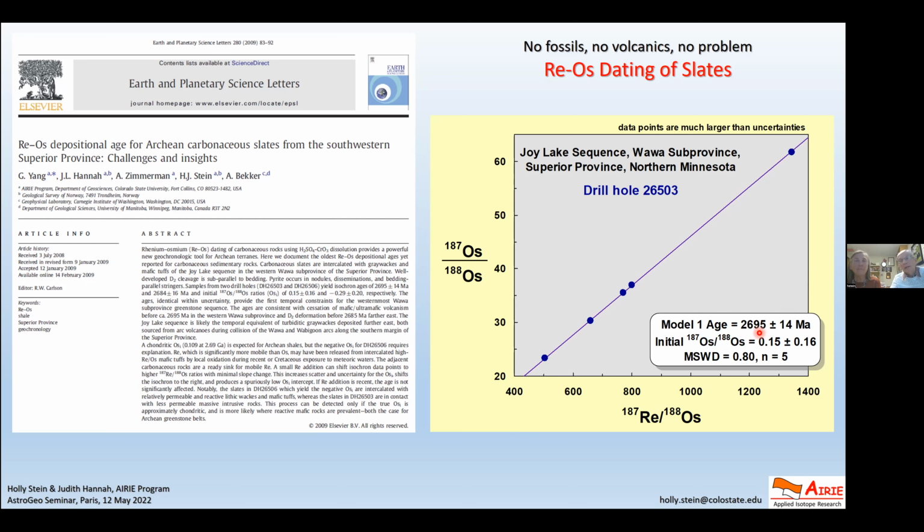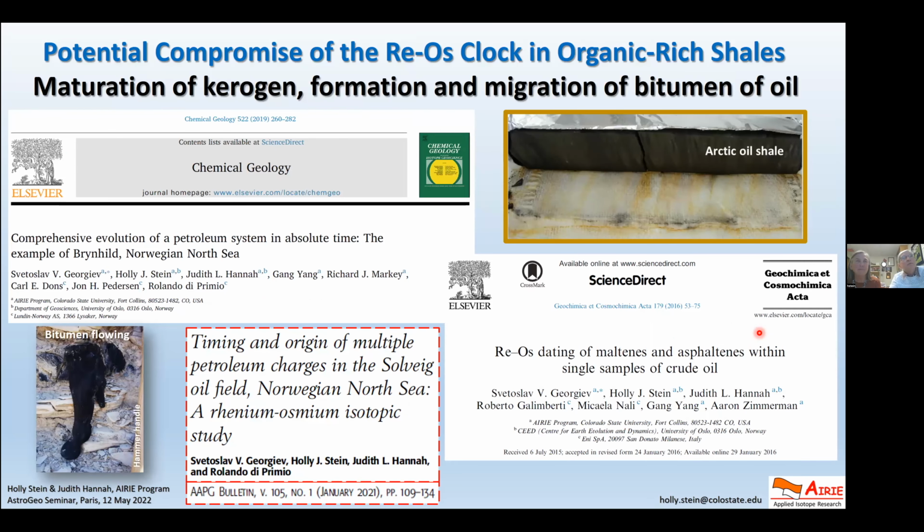We can look at slates, and in each case another slate might not work. Each case is geologically unique, and that's how you have to approach it. And then compromise of the clock. I mentioned this at the beginning. Oxidation is one, and maturation of hydrocarbon in a shale. A lot of the sections we looked at that were supported by industry were either just under maturation or just over matured. So it was great that we got to work across that boundary and look at the effects of maturation on the chronometer in shales.